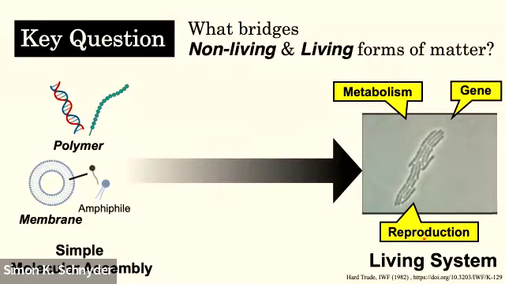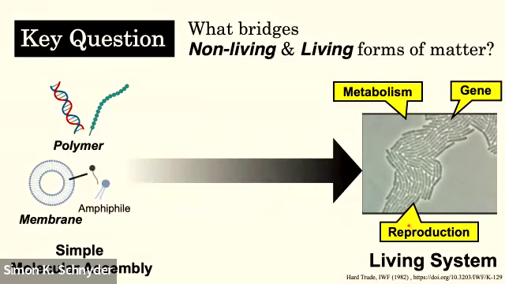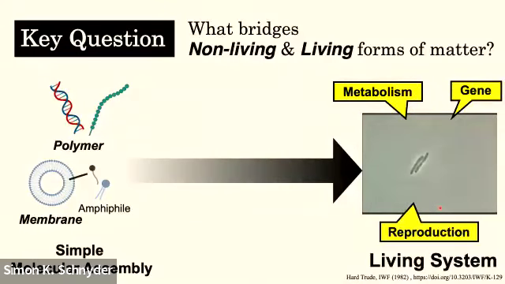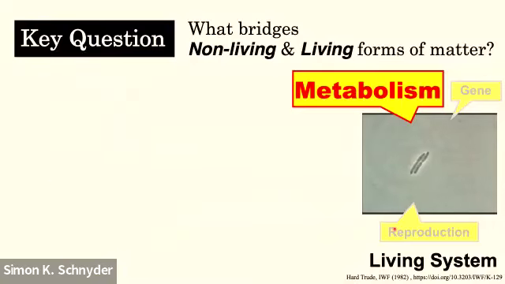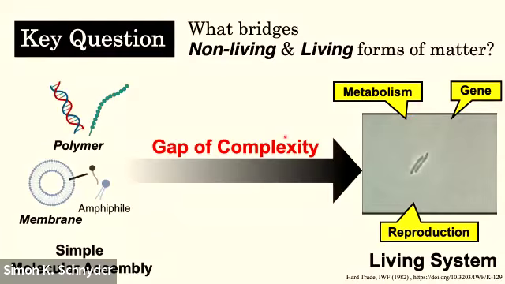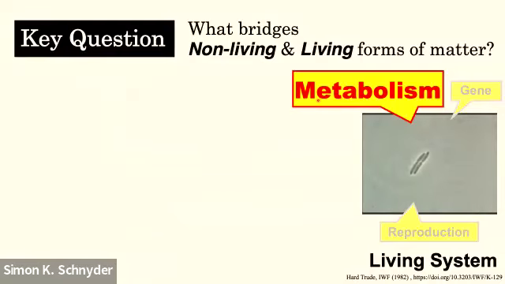of matter. As you know, the living system is characterized by the presence of metabolisms or genes or reproduction behavior like this movie. But there's a big gap of complexity between the simple molecular assembly and complicated living system. So, talking about the complexity of the system, if we focus on the metabolism, some